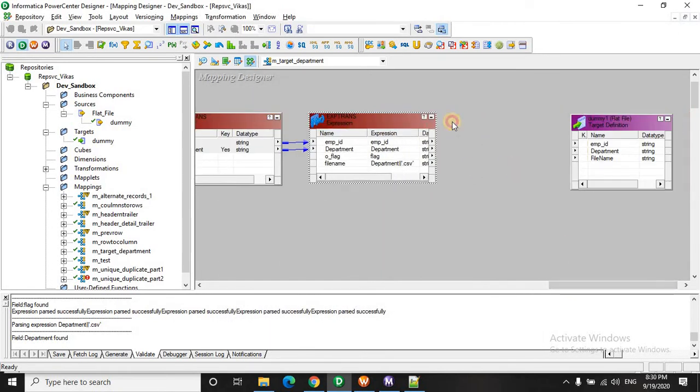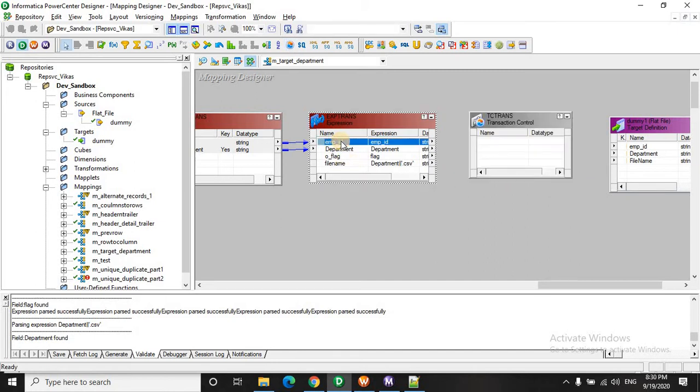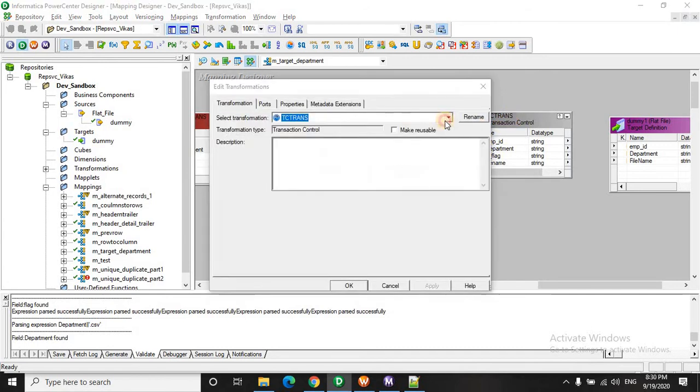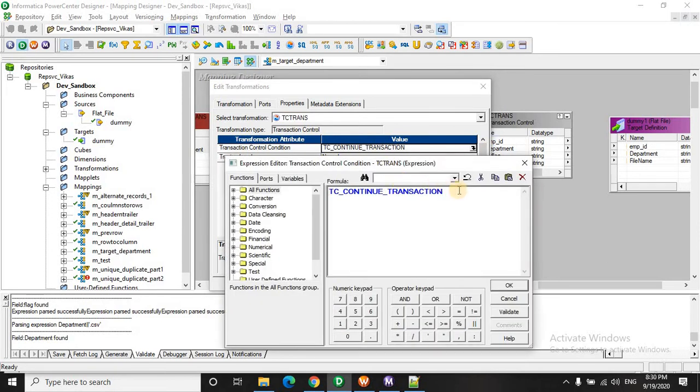Let's move here. Now the most important point is using a transaction control. Now you have to understand the logic. Let's go and quickly set the transaction control condition.